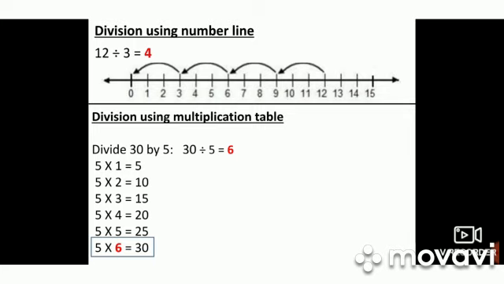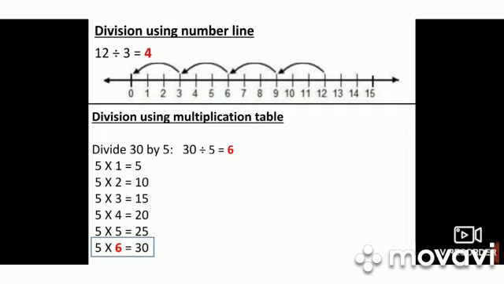Division using number line. This you have learned in first standard and second standard also, backward counting. Since it is repeated subtraction, we have to use backward counting, backward jump. So 12 divided by 3 is equal to 4. For the number line, what we have to do? Draw a line, mark the numbers on the line from 0 to 15 because I have given 12 here. So start the jump from 12 because it is repeated subtraction, we have to do backward jumps. So from 12, since the divisor is 3, it is a count of 3.